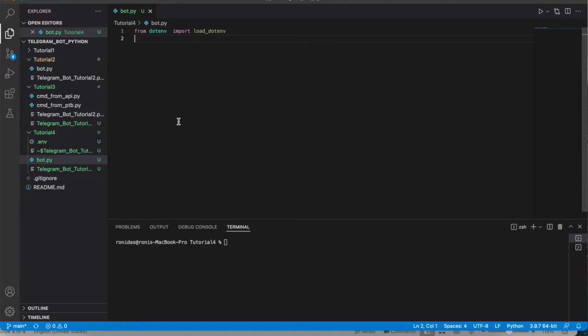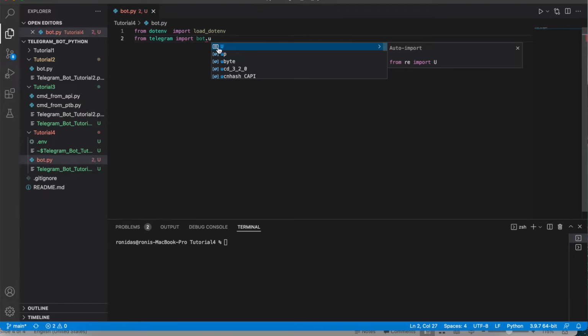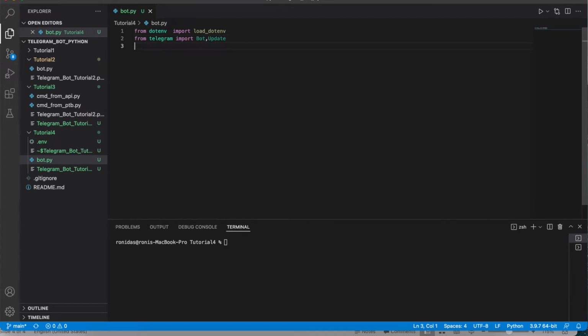Okay, so next thing will be the Telegram. So from telegram import, we want to import Bot, in caps, and we also want to put Update. So these three things are required, and then we need a Telegram extension. Okay, so it should be from telegram.ext